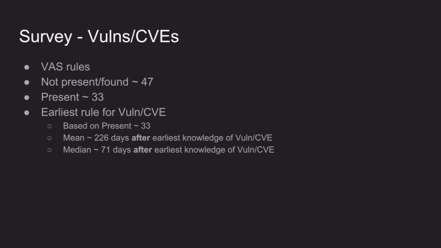On the vulnerability assessment rules, again, examples Nessus or OpenVAS from Greenbone, we could find only 33. Maybe it doesn't mean that the others are not present. It's just we couldn't find them in open source using the CVE identifiers, the payload samples, or other relevant information to the vulnerability. And based on this, analyzing the timelines again of releasing these rules for these 33 vulnerabilities which have VAS rules,